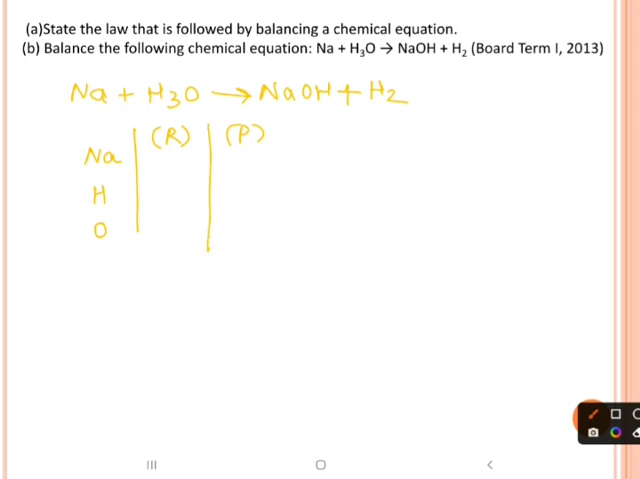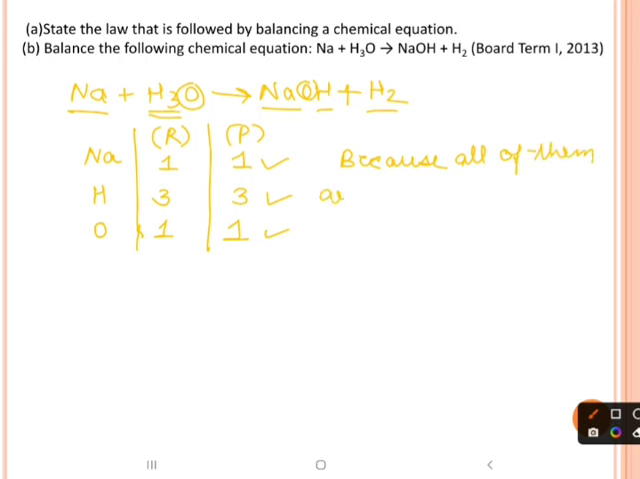See sodium. Sodium is present here 1, here it is also present 1. We will write here on both sides 1. Then hydrogen here is 3, and here again it is 3, so we'll write here 3 and here 3. Then oxygen here is 1, and here it is also 1, so oxygen is also equal. Since sodium is equal, hydrogen is equal, oxygen is equal, so we can say that all of them are equal